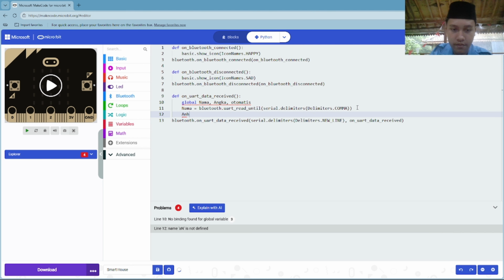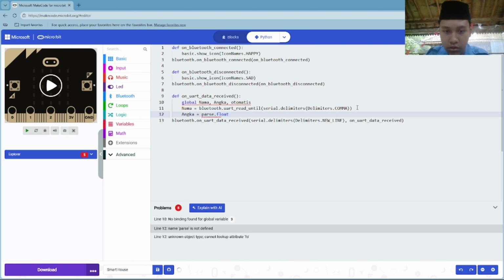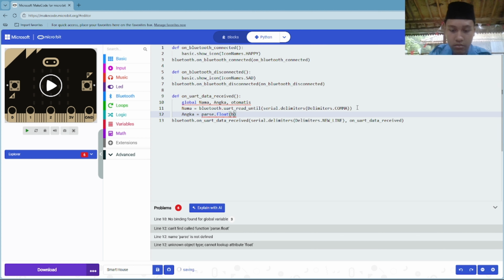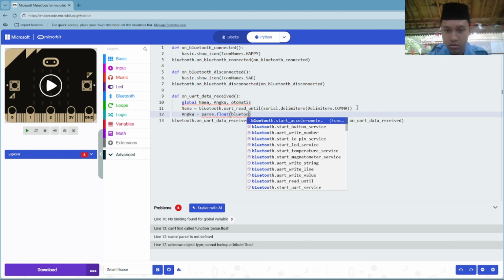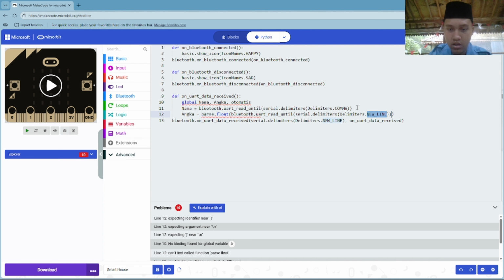Angka equal parse float, and then close bracket, Bluetooth word read until, and then the delimiters is new line.